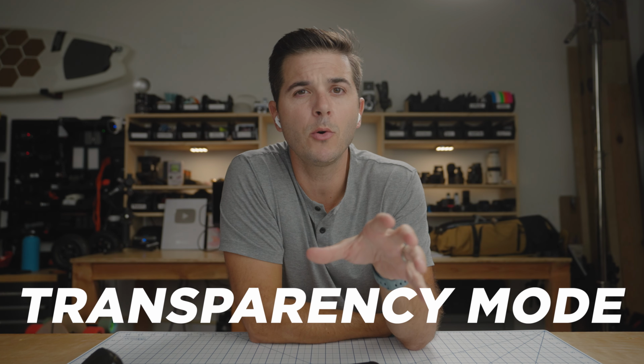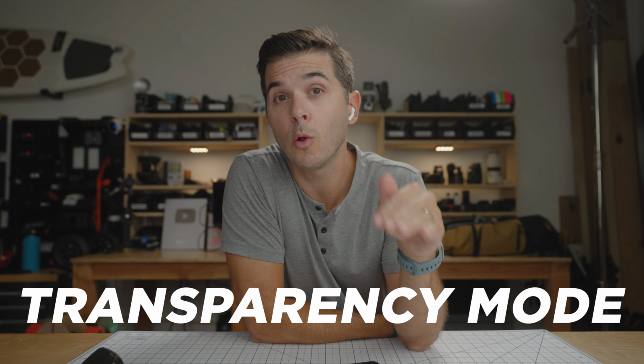They just fit in your pocket. It's not some big set of headphones. These are really shockingly good. And lastly, transparency mode. Transparency mode is the mode that my AirPods are almost always in. I rarely use the noise cancellation mode, only really if I'm sitting here at the house or maybe if